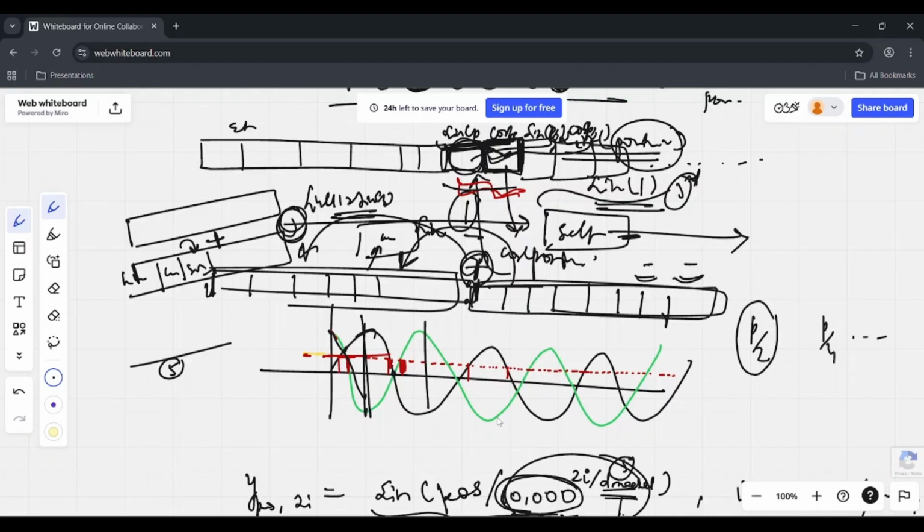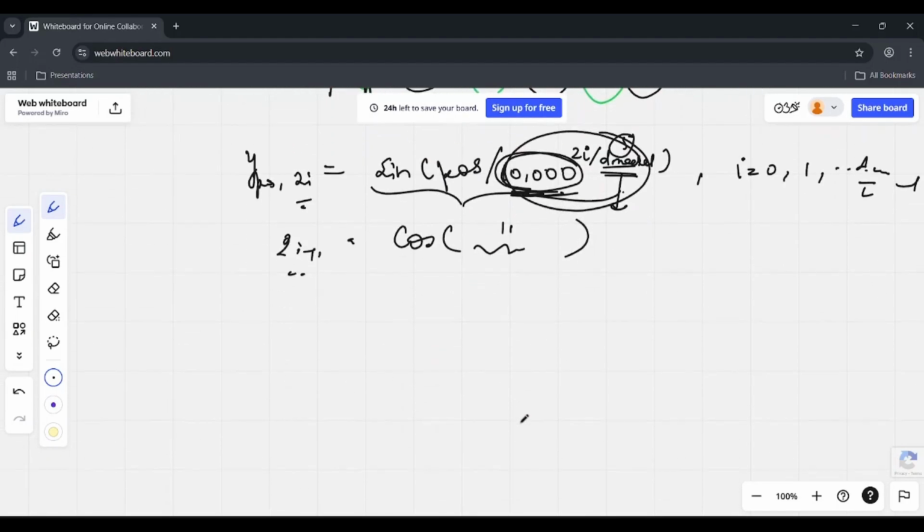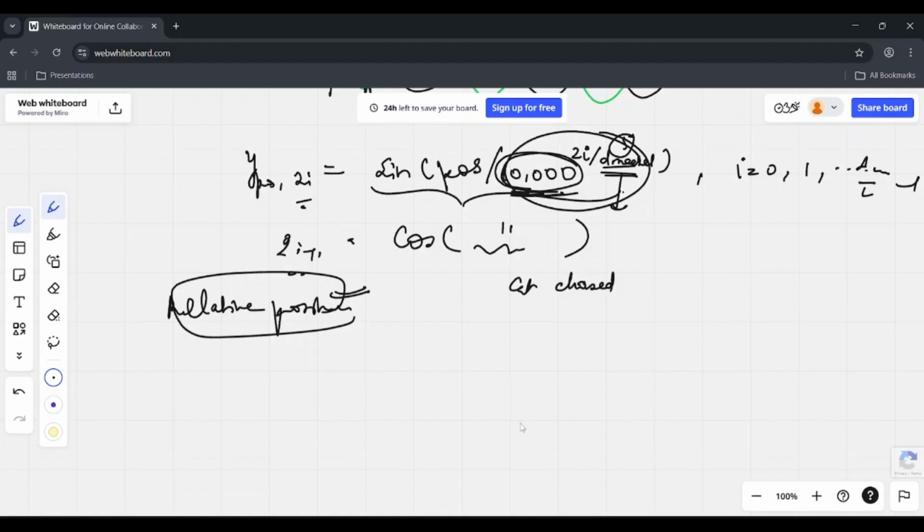What is the benefit of using a trigonometric function? The reason is that this is able to capture the relative position. Now you will wonder why we are capturing the relative position. How is it helping us? So see, if I write a sentence here, for example, the last sentence that we discussed, cat chased mouse, then in this sentence, only capturing the information that cat is at first position, chased is at second position, mouse is at third position, it's okay, but this is not the right way of capturing information.